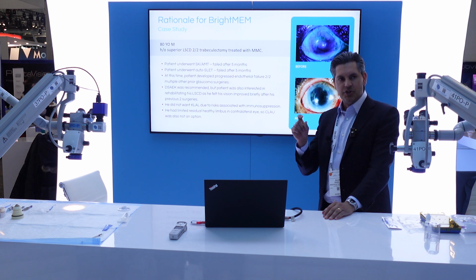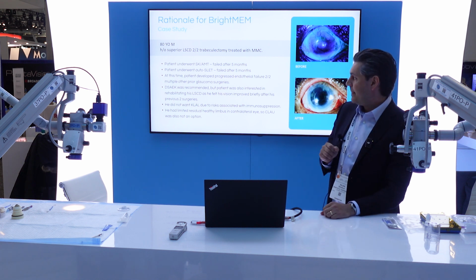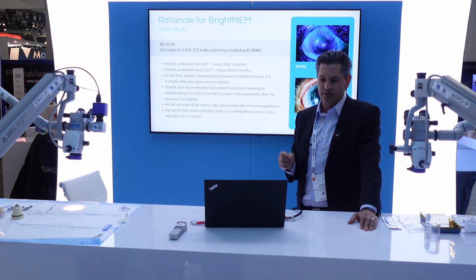Oh, I also mentioned that we showed the resistance to degradation and durability of this graft in preclinical models. Now, more importantly, we showed this clinically. Our very first BrightMEM patient was an 80-year-old with limbal stem cell deficiency secondary to trabeculectomy after treatment with mitomycin